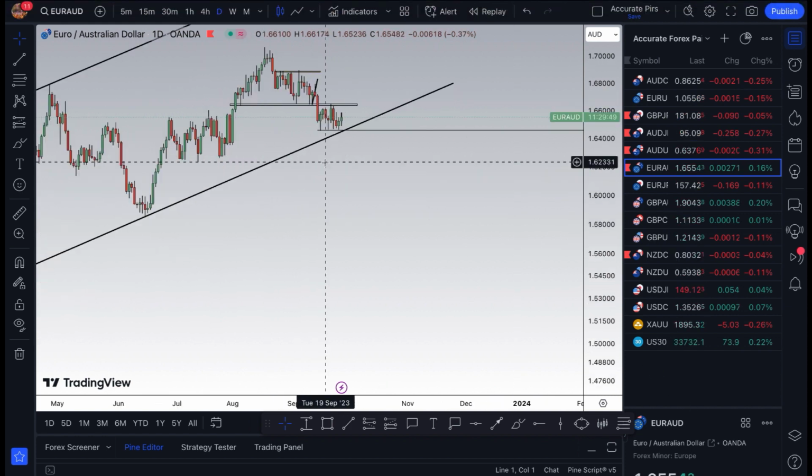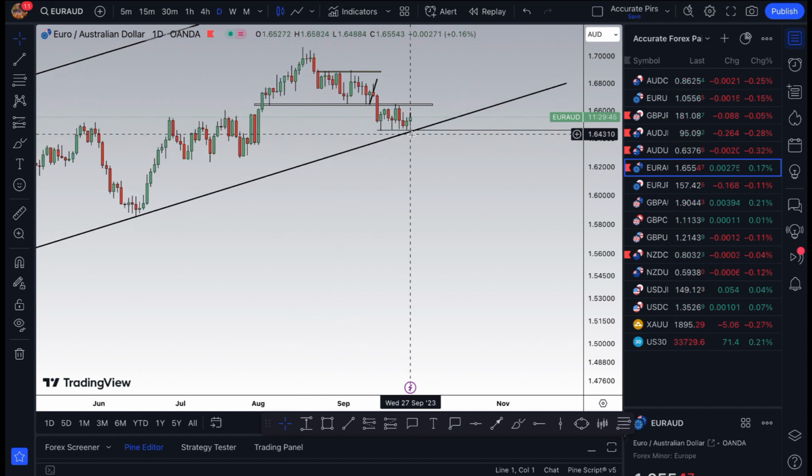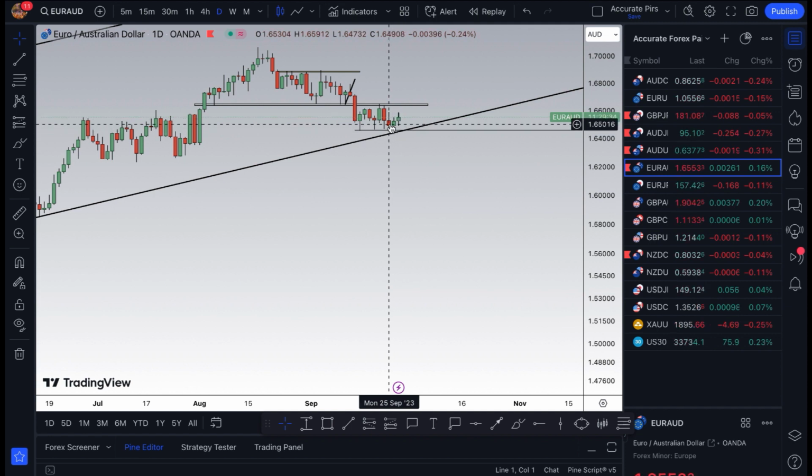So what is happening now on the daily time frame? We've come towards this trend line, and the market has now started to show signs of reversal. Starting with that daily candlestick, you can see we have this inverted shooting star followed by a spinning top,